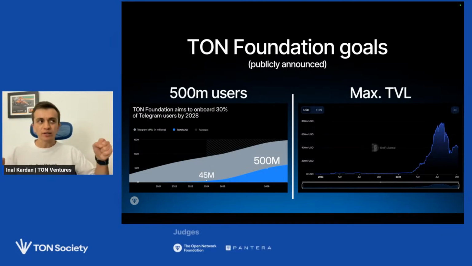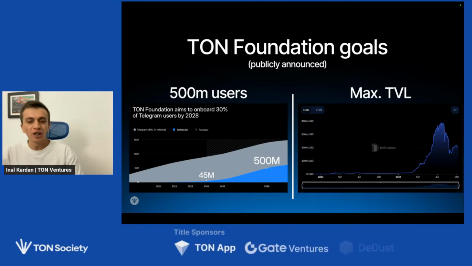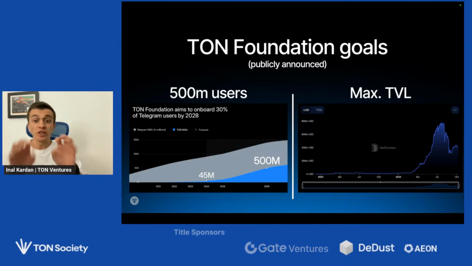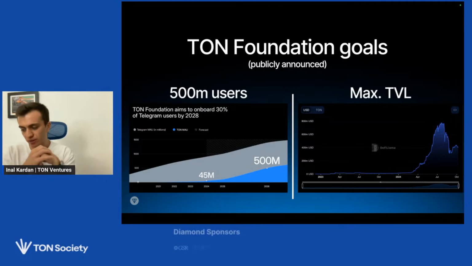So try to think not just of getting 1 million users. This is not as attractive as having 50 million users, because 50 million retained users is 10% of Ton Foundation's goals. Or, this is not the same: attracting 4 million TVL is not as attractive as attracting 40 million. So what I'm saying here is try to think of products which will make a significant impact on these two metrics. These are the most important metrics that you have to think about.